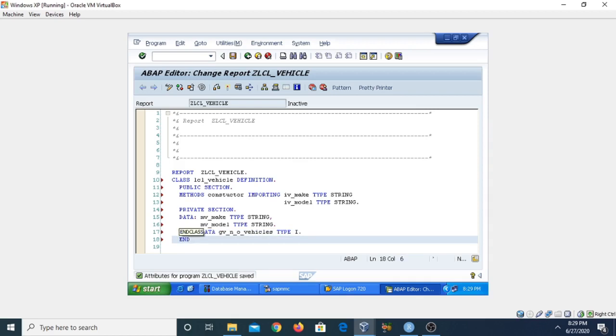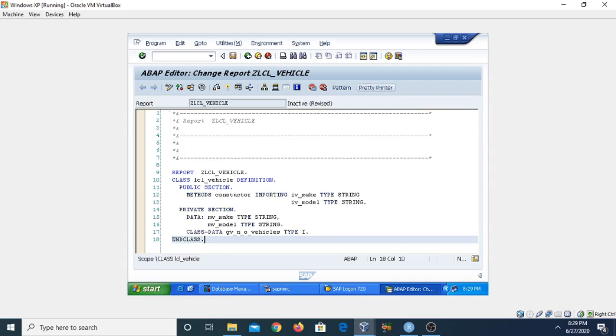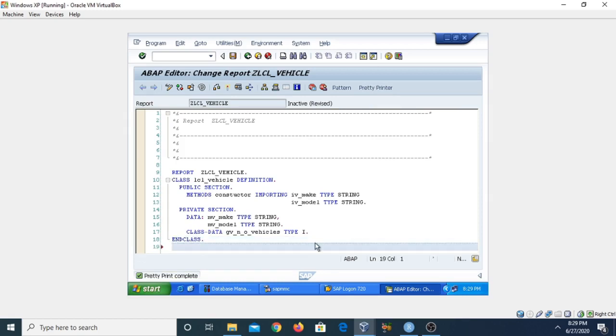So here we have defined the class. Use the pretty printer for formatting purposes and save the class.